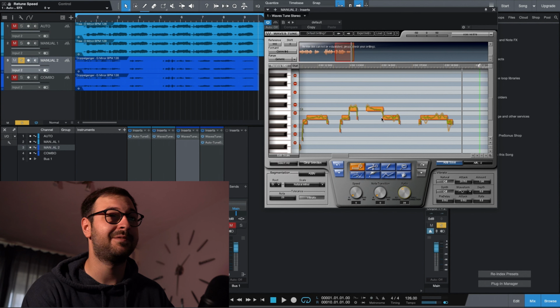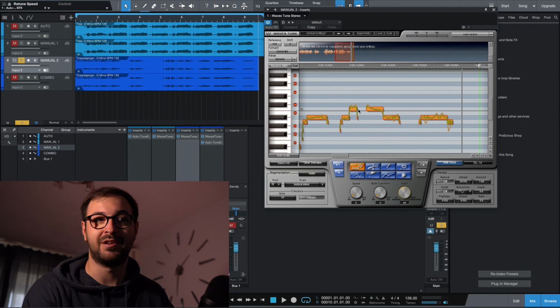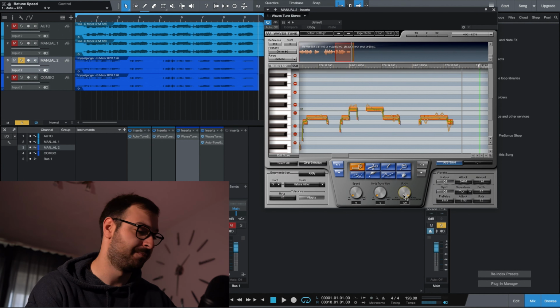So see, slight difference, but it sounds better. If you look at this window here, you can see the orange path, which is the path that the artist's voice took initially, and the green path is the same one but after the correction. Here it went on the wrong note a few times. What I've done, I just took it down slightly to the correct one. Now watch what happens when I turn up the ratio at the maximum.